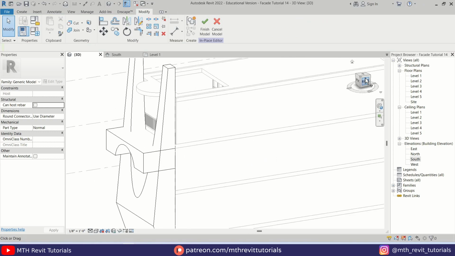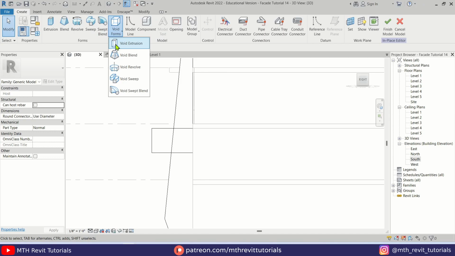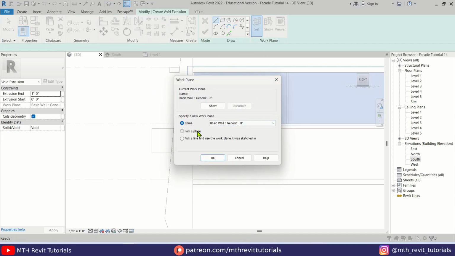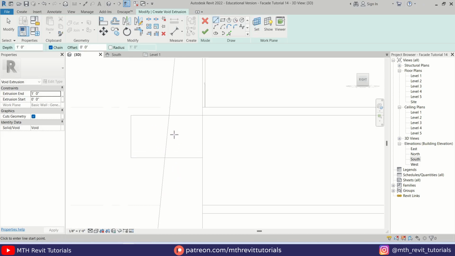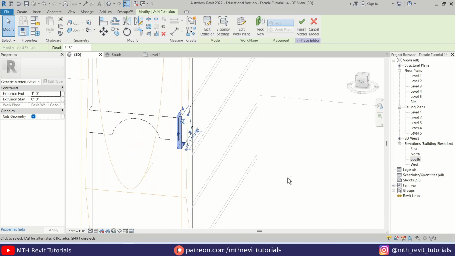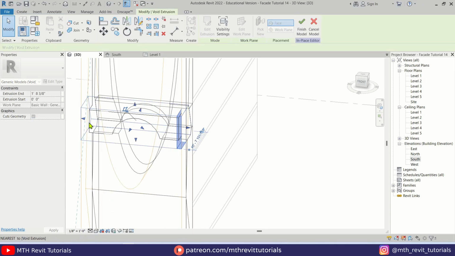We can go to the right view, and I will create a void to cut this extrusion. So let's go to create void extrusion, set the work plane. Let's select the face here again, and this time we will create a profile like this. Hit finish, and just deselect that by clicking somewhere here, and then select this extrusion and drag this through this